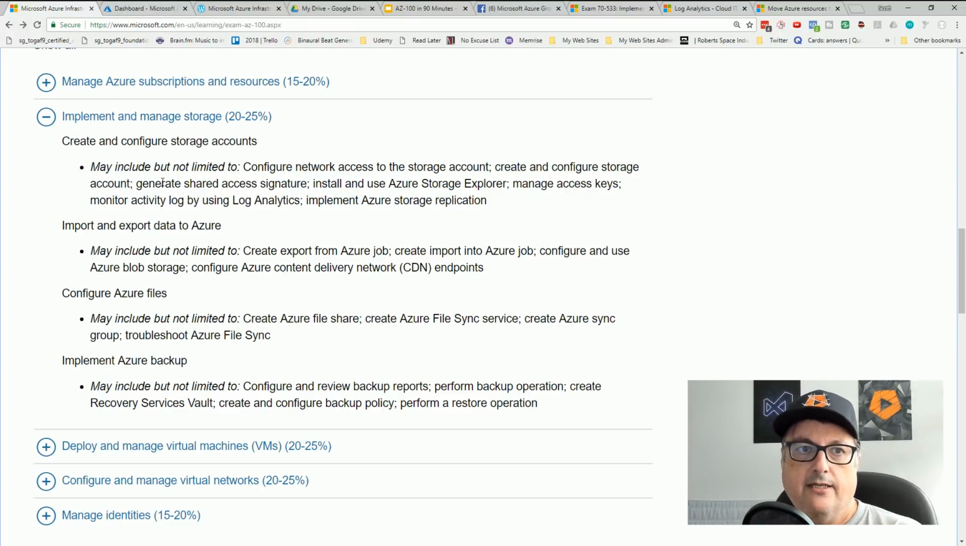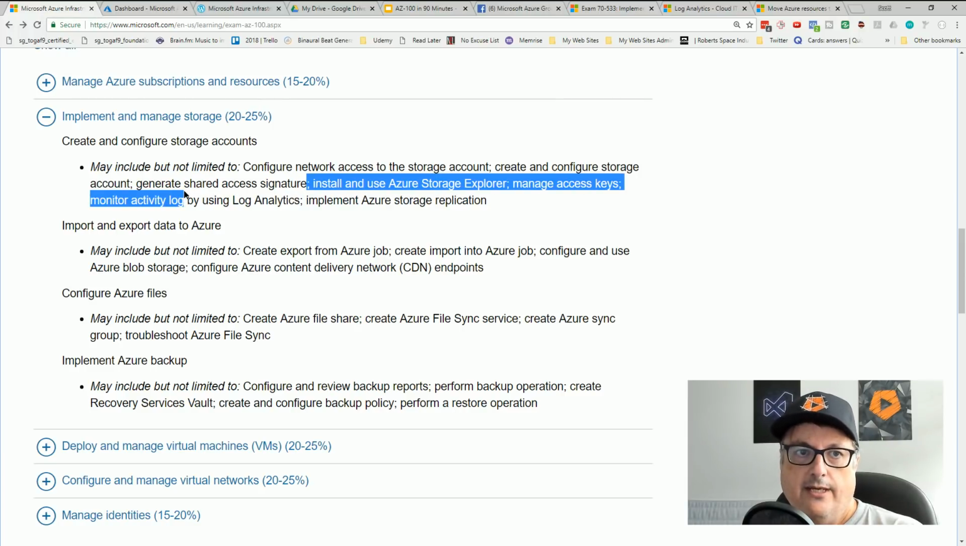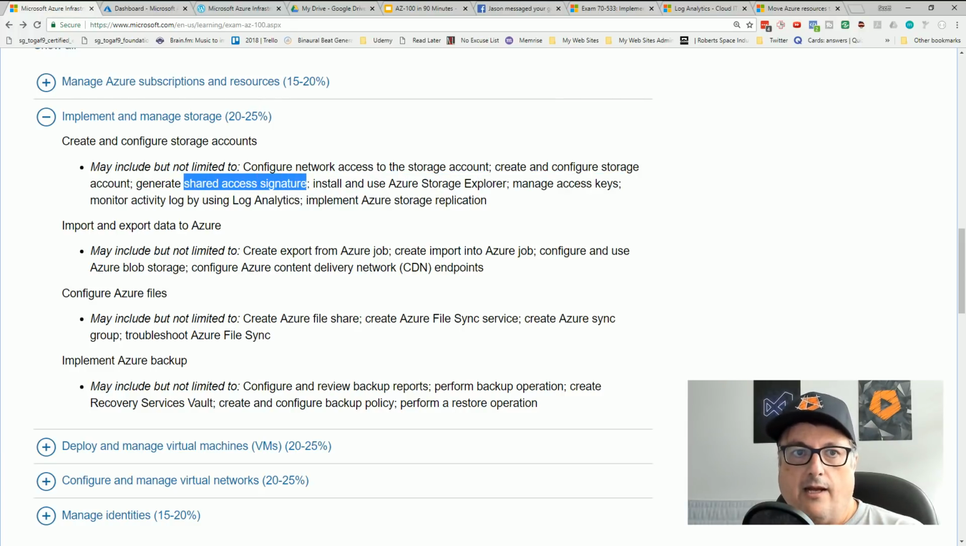We just did that. Shared access signature. So if you are allowing outside applications,